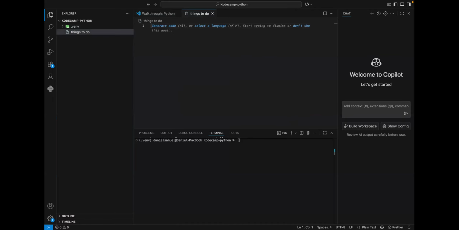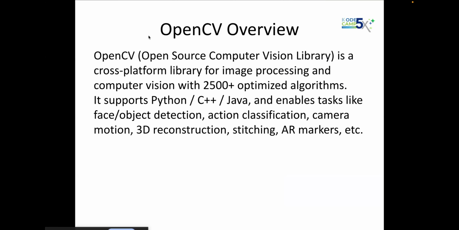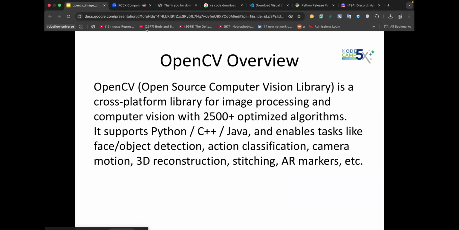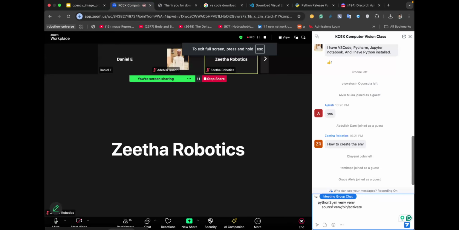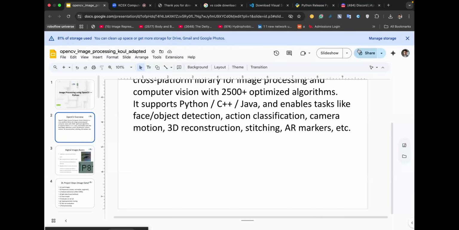First of all, create virtual environments, and then you activate the virtual environment. Okay, so now to install OpenCV,